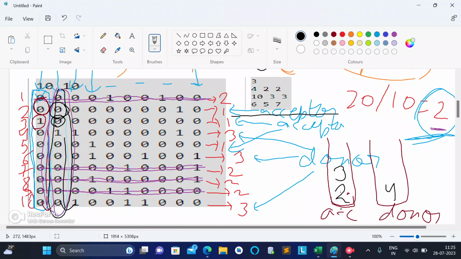Then at this instance, what do we observe? I have 2 acceptors which are ready to accept, as they contain 0, and I have 1 donor which is ready to donate as it contains 1. So I will take the minimum of both. Minimum of both means it contains 2 values, it contains 1 value. So the minimum of both is 1. So I will say okay,